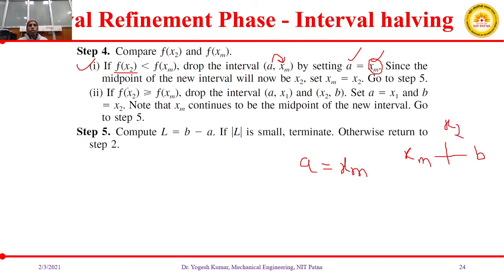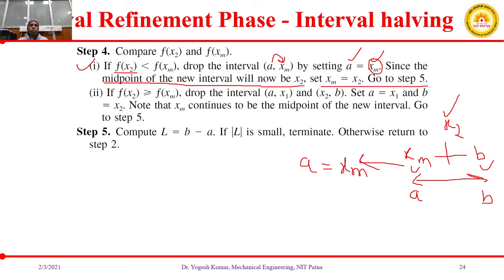I hope you are able to understand why it is written as midpoint of your new interval will be x2, because we already know that since we have eliminated the left hand side, and we have two values xm and b, we have a new interval now, xm to b. Suppose this value will become a for the further steps, and this is b, and the mid of these two will be x2. Okay, so